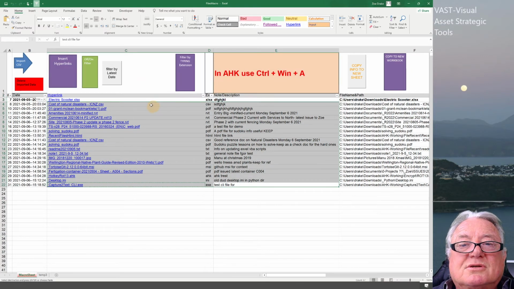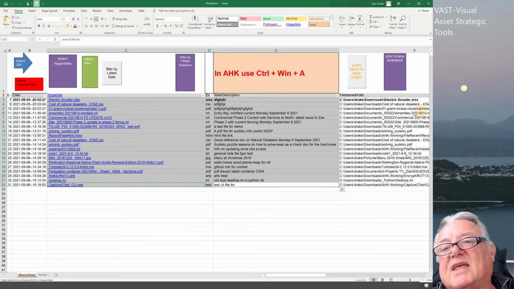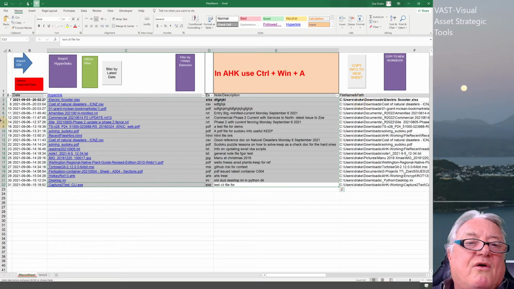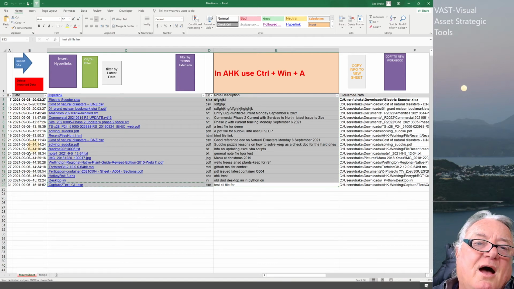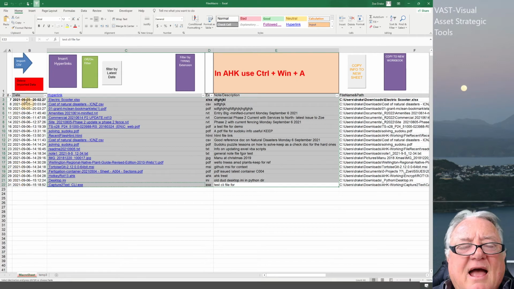I need the notes. So in some ways I can actually move the extensions further over, or I can move them at the front, so I can actually have a bit of a dashboard of information at the front. I can reduce that column for the, I don't really need a time. I think it's adequate enough if I just have a date. I had the dates in reverse order so that